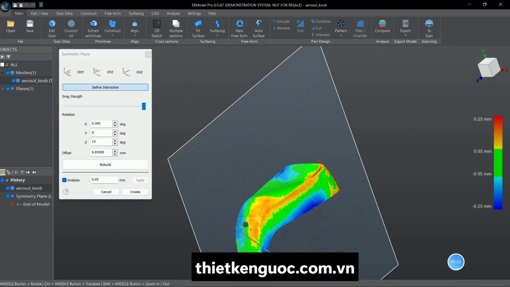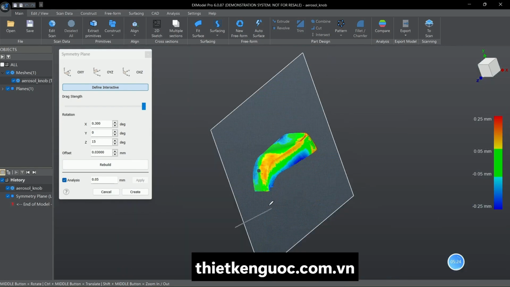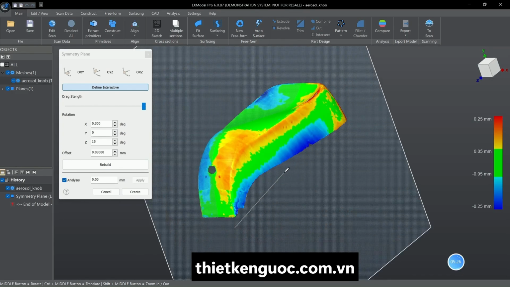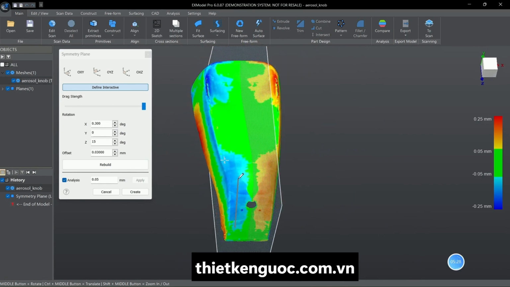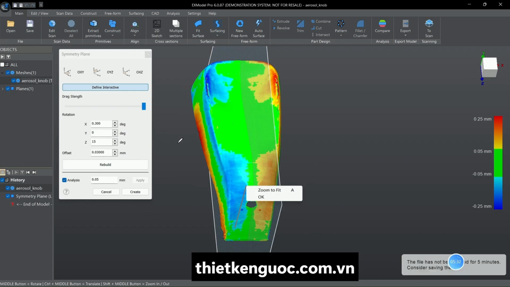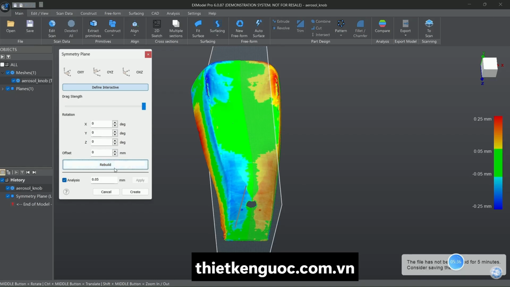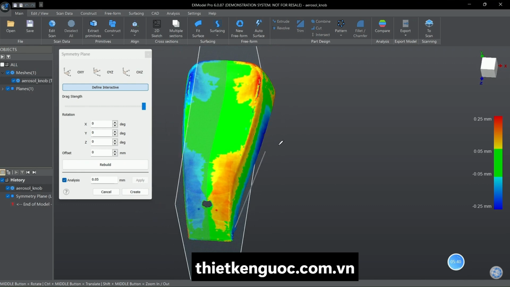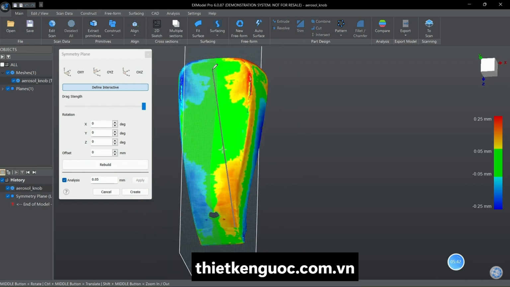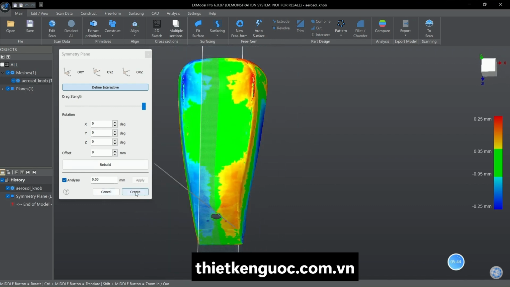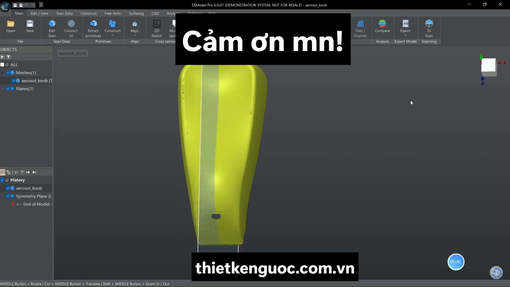I can also track, as you see here, with these controls, and also I can tweak and position my plane. I can even rotate if I want to, so I can get the best results. At any point when you adjust your plane manually, you can press rebuild. What happens with the rebuild is that it uses the current starting